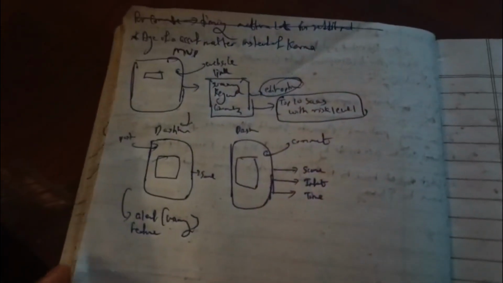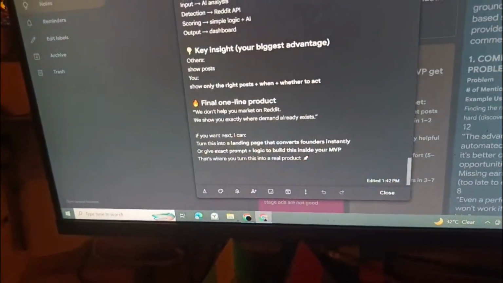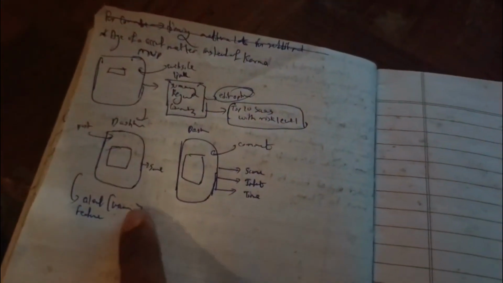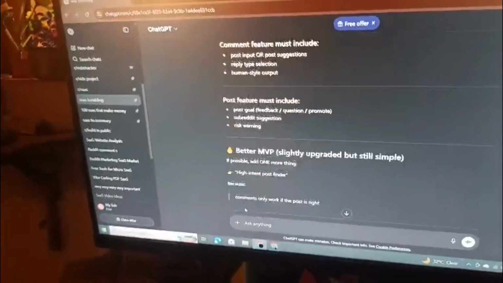After all, I designed the structure of our MVP. You can see all the notes we have taken from ChatGPT, so I designed the notes. You can see this is the structure of the notes, and I designed on top of it. That was done.